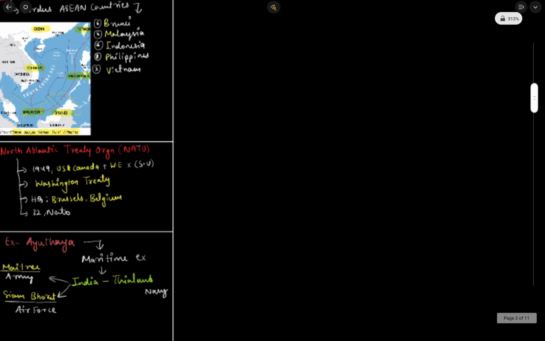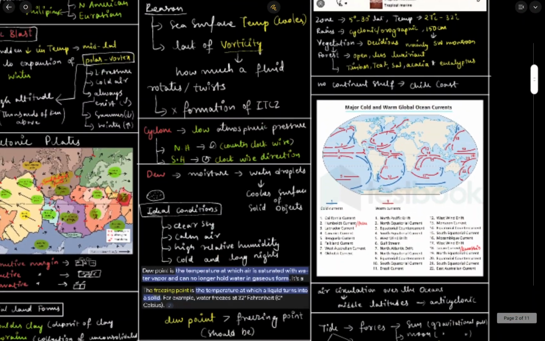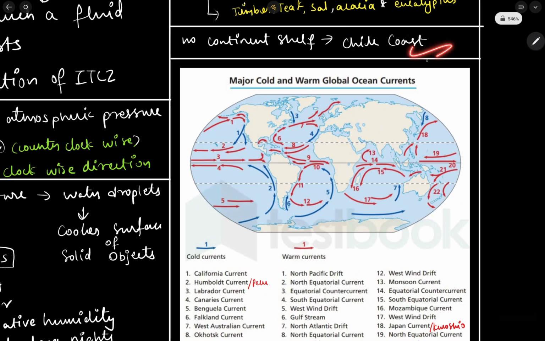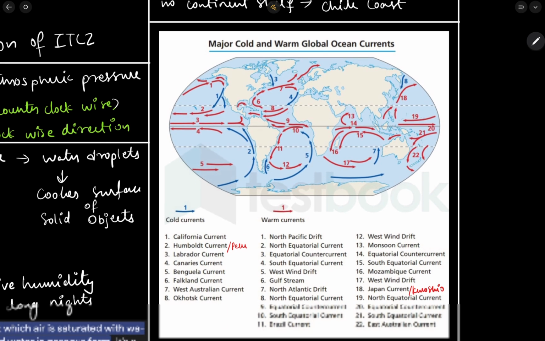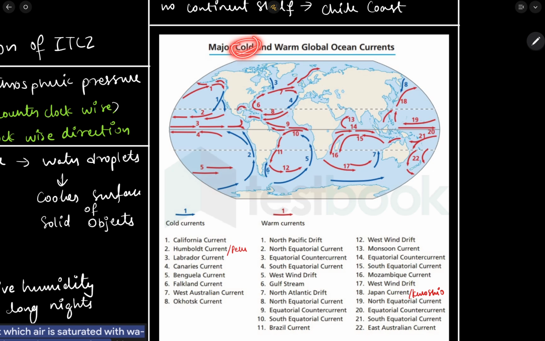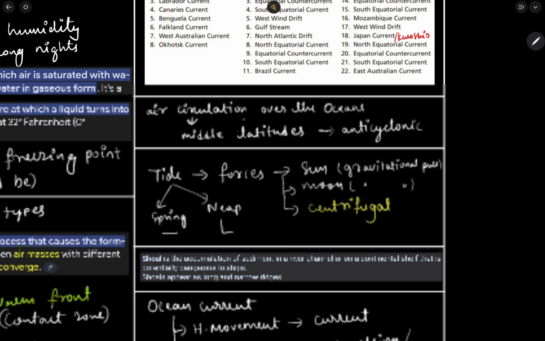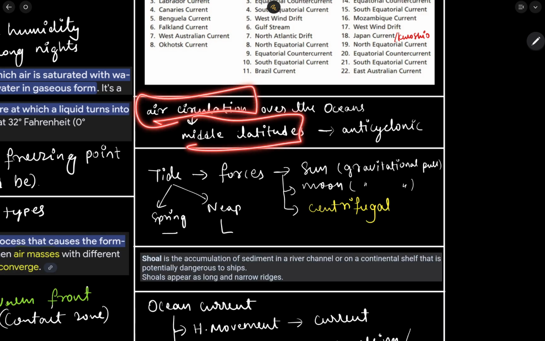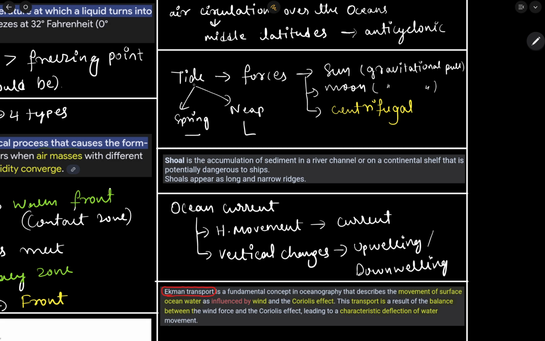Now let's recall once more what we have discussed. First of all, we discussed the coast and the continental shelf, that means there is no continental shelf. Next we saw the importance of the cold and warm ocean currents, which we need to remember for sure. Next we have the air circulation at the mid latitudes and the condition, that is the anticyclonic thing. And next we have